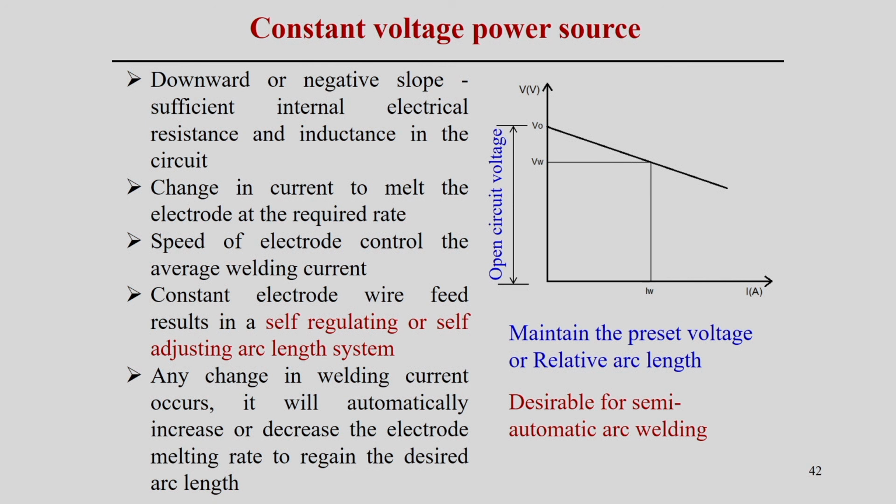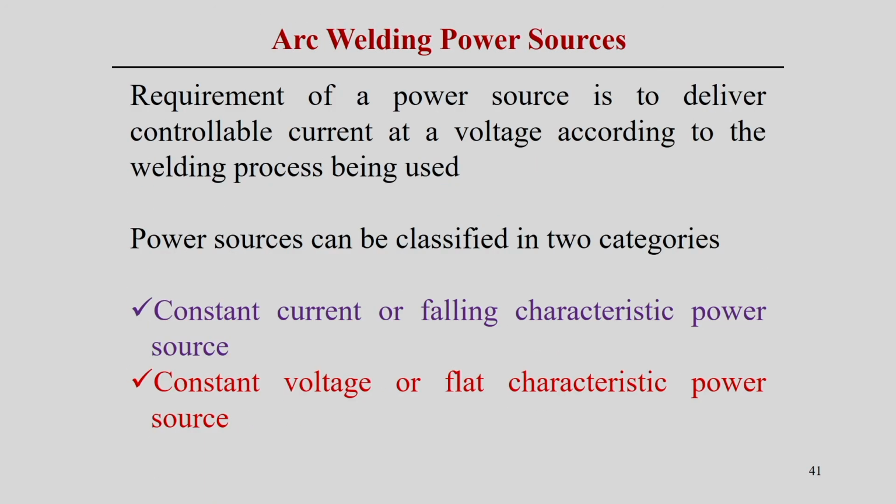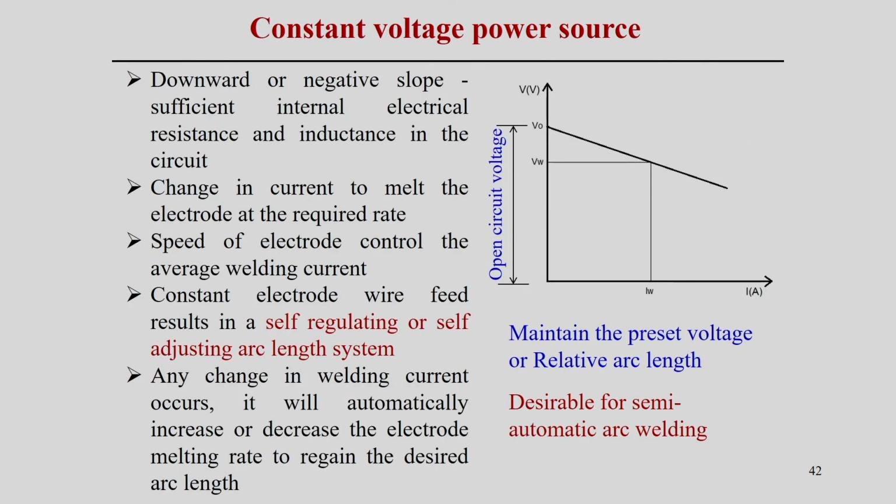With the increment of the current, how does the voltage respond? For example, we set a particular voltage, which is related to the arc length also. If we preset some particular voltage, and if you look into the machine, there is a requirement of a particular current. Now, if there is a change of the current, gradually it may be necessary to change the voltage. How it responds we can see from this figure: it is a gradual dropping characteristic. If you look first at the constant voltage or flat characteristic of the power source, there is a gradual decrement of the voltage.